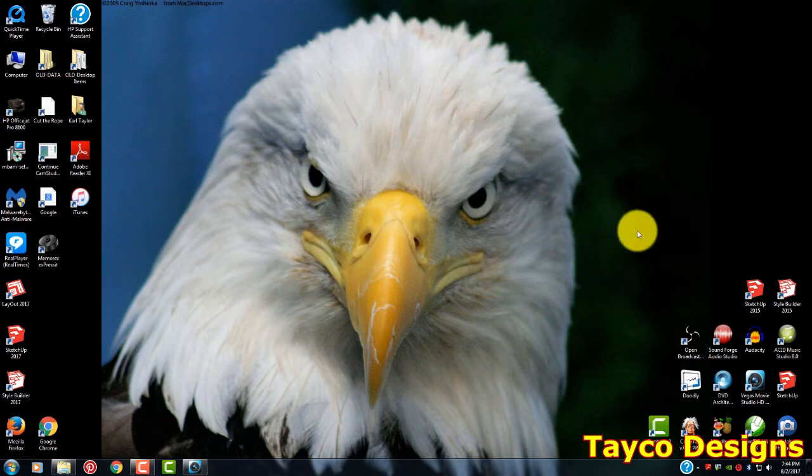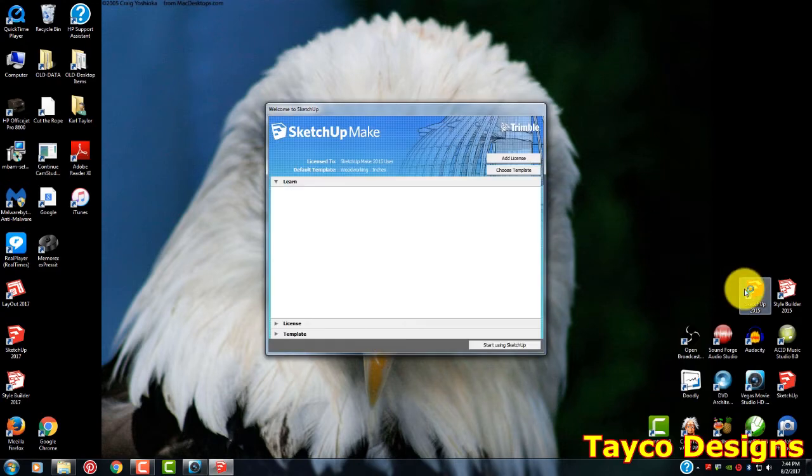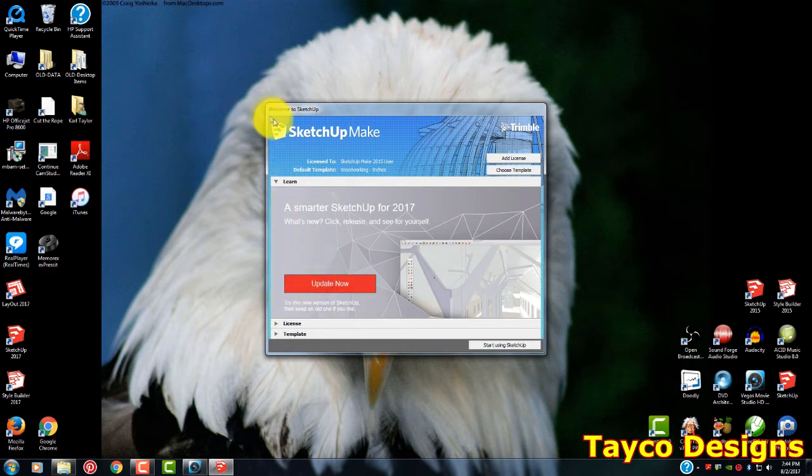Let's start from scratch. I'm going to open up SketchUp, and right here, this is called SketchUp Make, which is the new name of it. It's been SketchUp Make for a couple of years. So we're going to go over here. It says add license and choose template. We're going to go to choose template. We're going to start there,